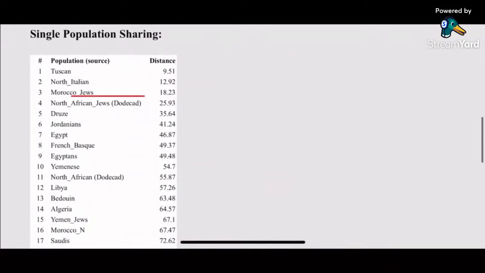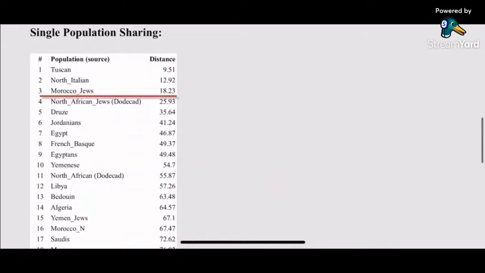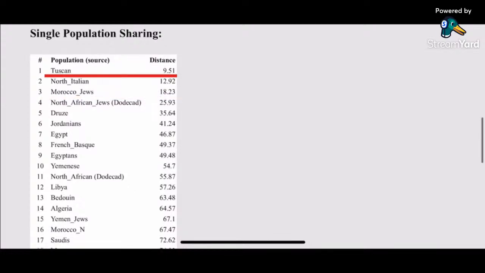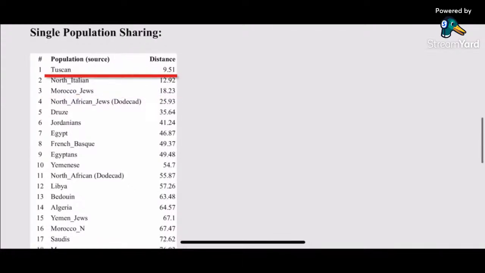And you might notice that I have a Moroccan Jewish hit at a distance of 18. I'd say that's a very large distance, and thus it's very improbable that I'm simply a Moroccan Jew. But still, note that it's more probable than what the Teotw twins showed for Lemba. But that aside, I want to focus on my result for Tuscan, which is a type of Italian. Tuscany is in Italy, right? Toscana, as some say. Now, note that I do not have any actual Italian ancestry, right? So that begs the question, what is going on here?